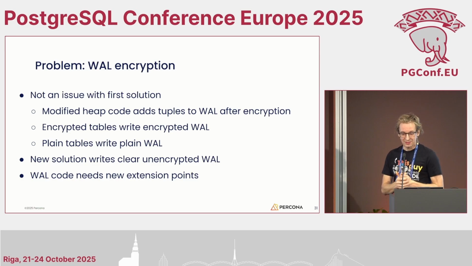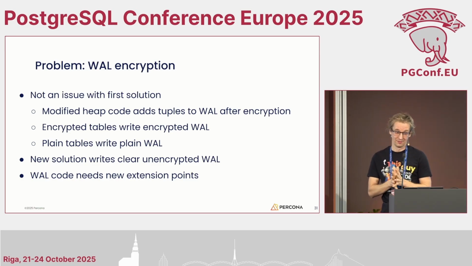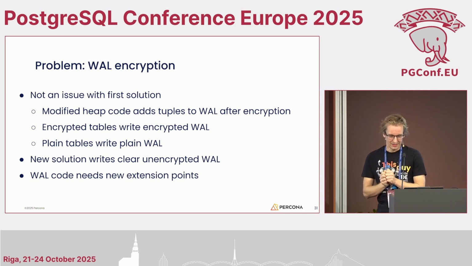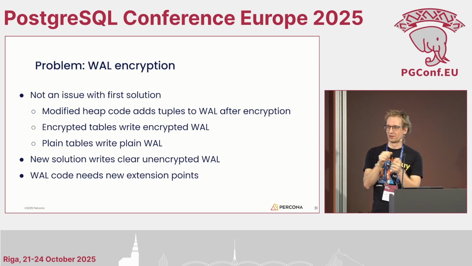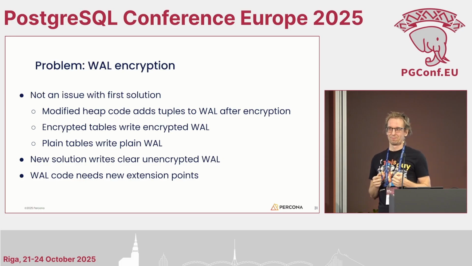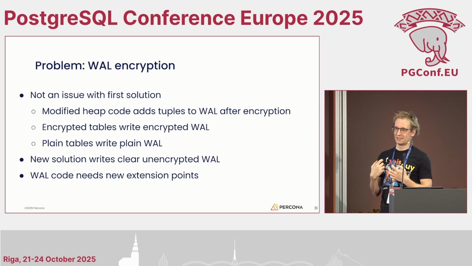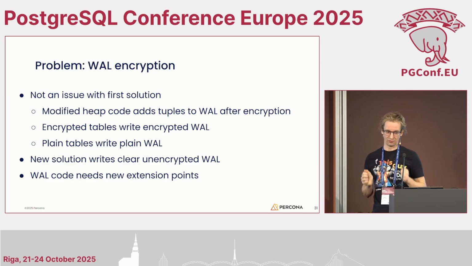And after that, we started to look into a different topic, which I already mentioned earlier, which is WAL encryption. WAL encryption actually wasn't an issue in our first prototype, because our first prototype worked on tuples, and when we wrote records to the disk, to the buffer pool, they were already encrypted. And this meant that when we were writing the WAL, we already wrote encrypted data in the WAL. And when we did recovery, we again had no issue, because all the recovery had to do is to copy the already encrypted data from the WAL into the table file.